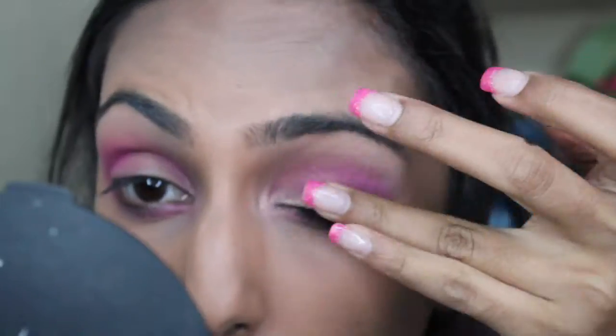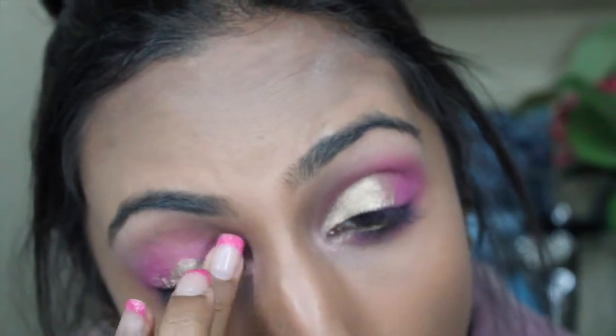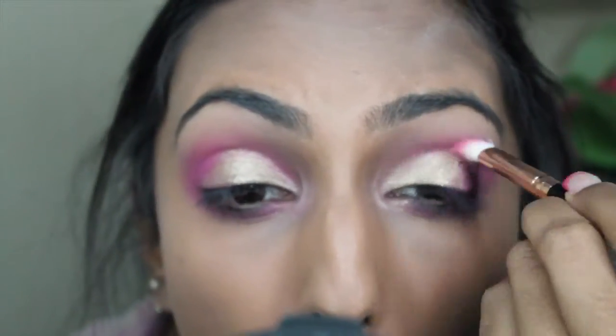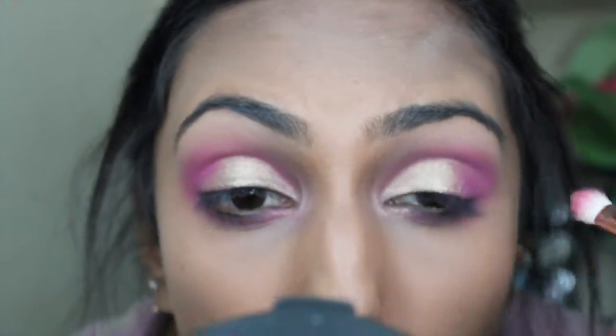I took a ColourPop eyeshadow in the shade Get Lucky. It's just a really beautiful gold shade, and I used my finger to apply this to my lid. I find it's the best way to apply these shadows. And then I'm just going in with that same brush and just blending everything together to make it look seamless